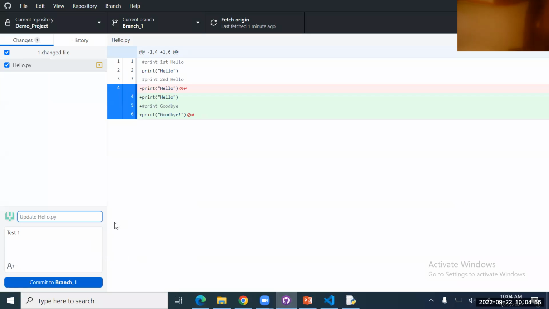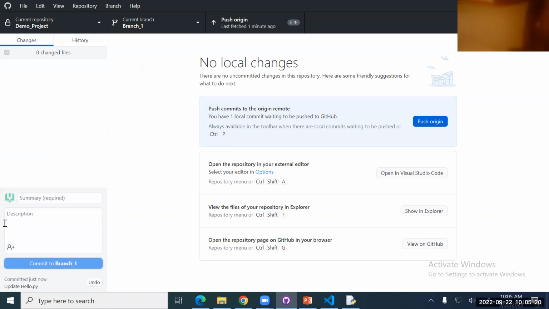So again, you see, it's a branch here. You see, we have the change here, the highlight here. You already have some change, and when you have the plus, that means you added it here. You have the goodbye for this one here, right? Now, I want to commit it to the branch. That means I want to update it to the branch here. I agree with that, right? Now I want to push it. I update it to the